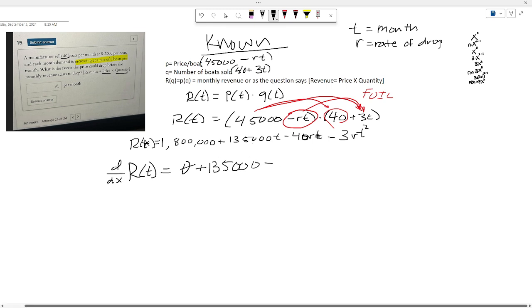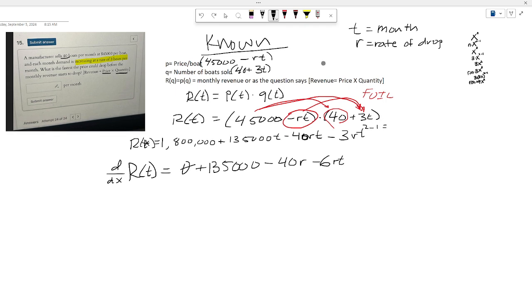Okay, same process here, except r is on the inside, so we're going to just do negative 40r, which is our rate of drop. This one we're going to bring down the 2, multiply it by negative 3. 2 times negative 3 is 6. There's an r there, and the t, 2 minus 1 equals 1. We don't have to denote a 1 on top of the t as an exponent. So here we are with our derivative,